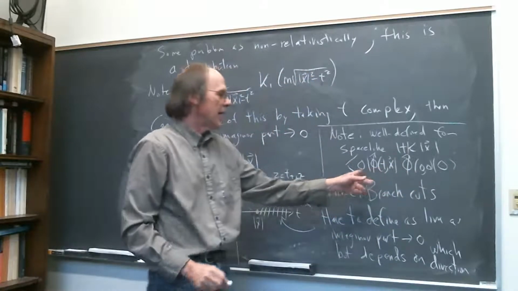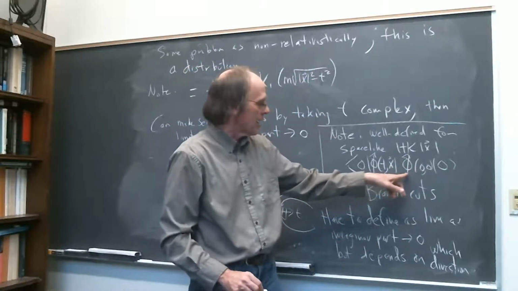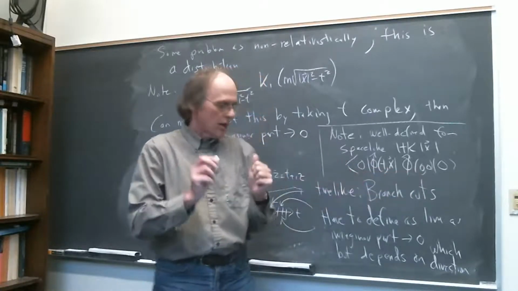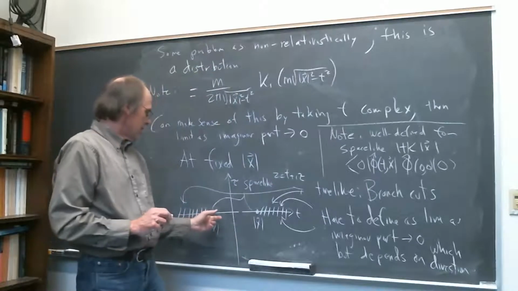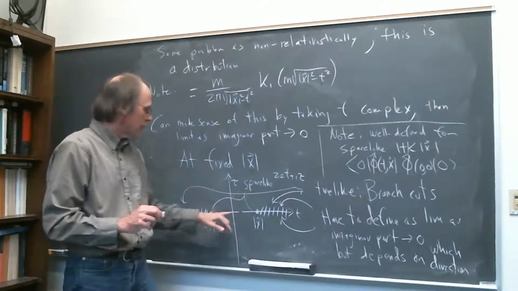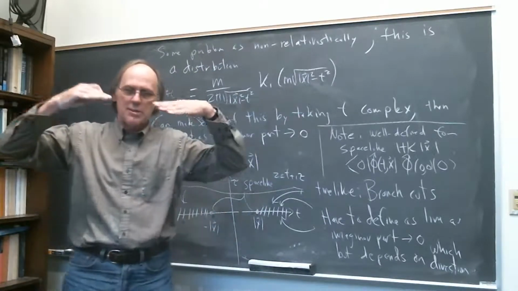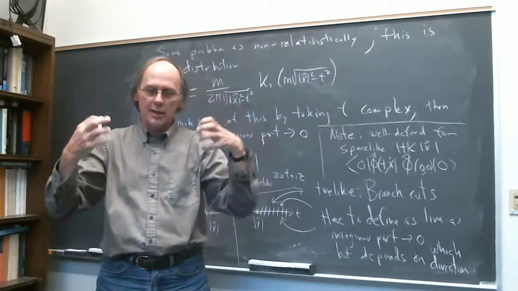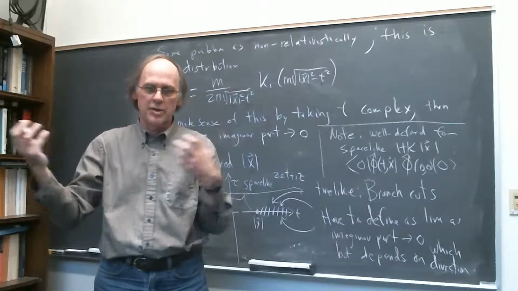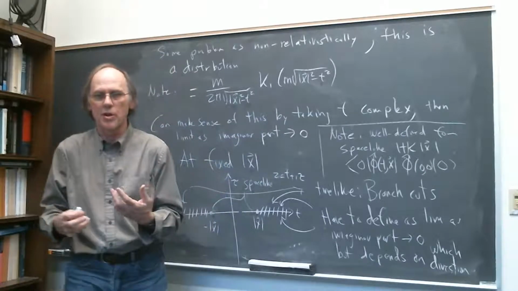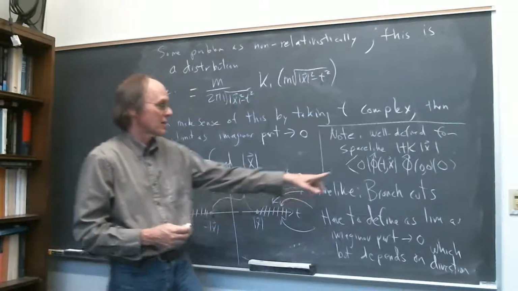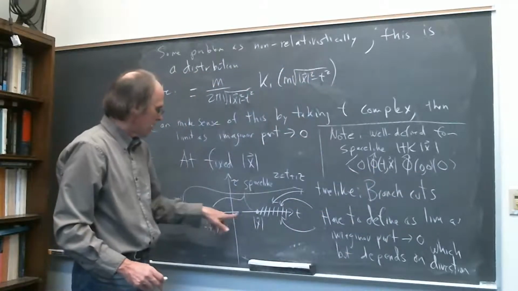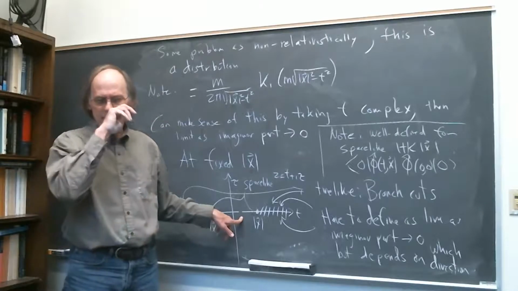If you want to interpret this as creating a particle here and annihilating it here, if two things are space-like separated relativistically, there's a principle of causality that they're not supposed to know about each other. There's not supposed to be any way to send a signal between these two points. But the fact that this is non-zero here starts to make you realize,